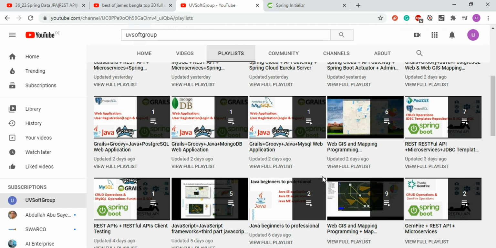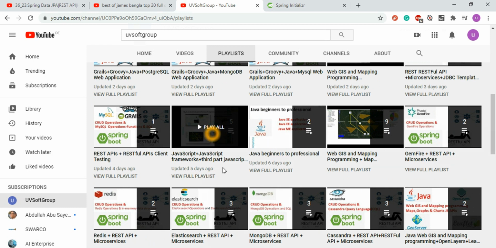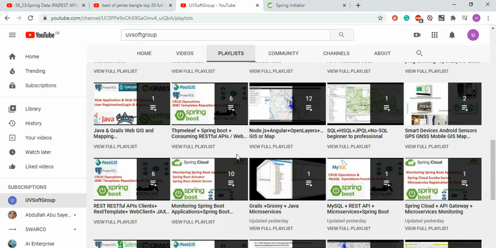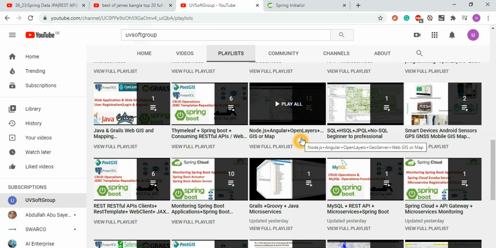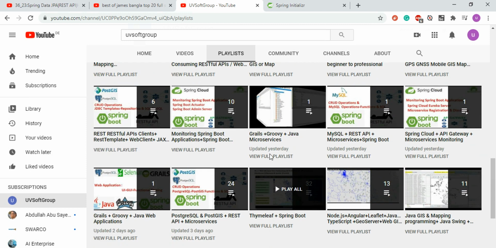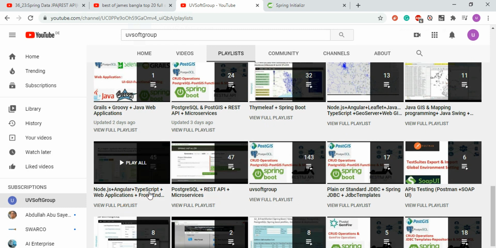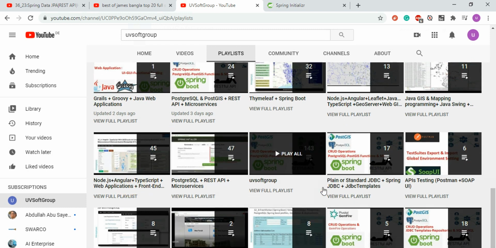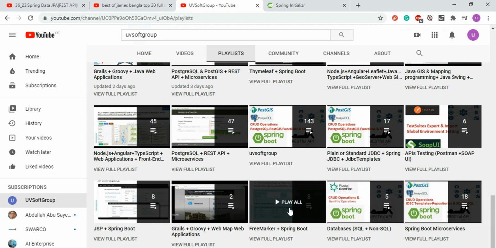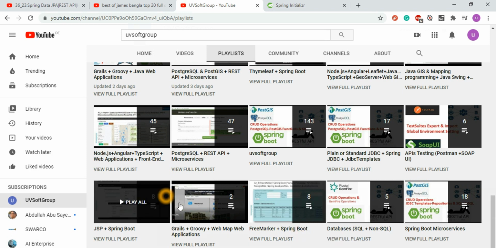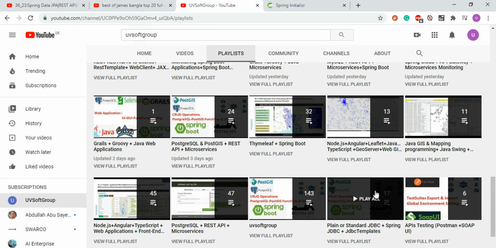This is one example of how you can build an Angular and Node.js TypeScript based front end with geo functionalities. And here is another example, Angular front end development, and this is one example of Java based FreeMarker with Spring Boot and Thymeleaf based front end development.